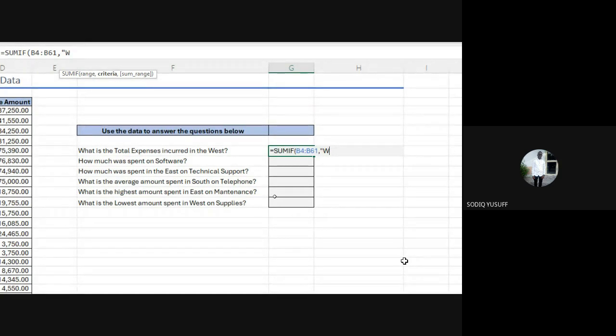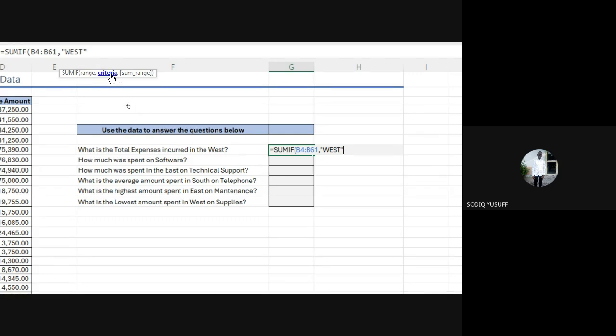This is not case sensitive. It can be capital letters all through, or small letters all through. Then after typing the condition, you close the quotes, not brackets. That's the criteria now.